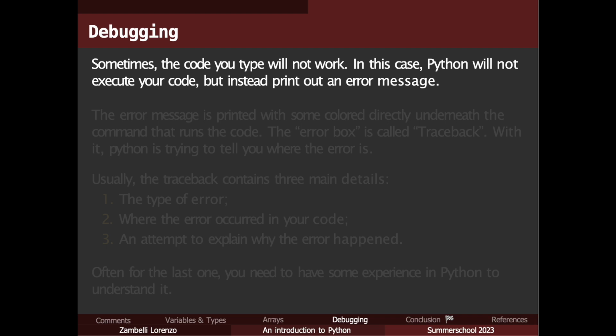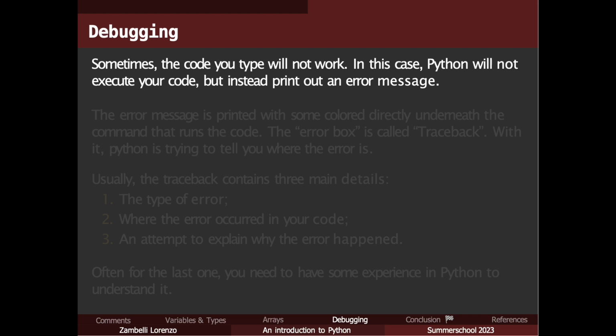Okay, finally, our last topic, debugging. Debugging is something that you're going to do a lot when you're programming, because basically you do trial and error when you write down code.